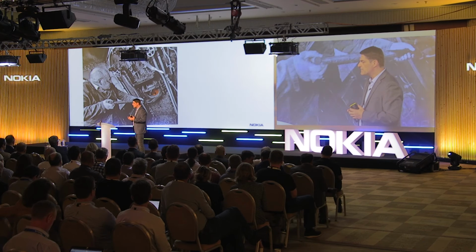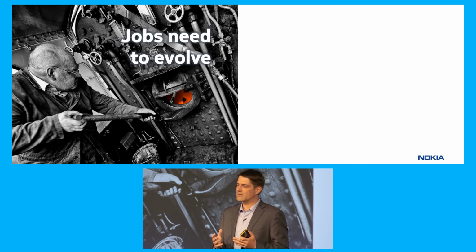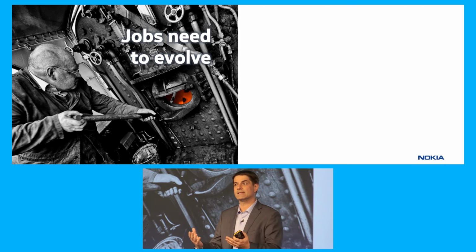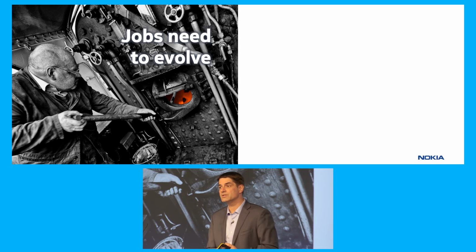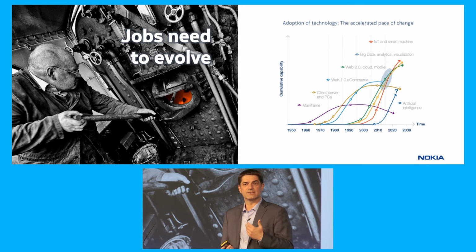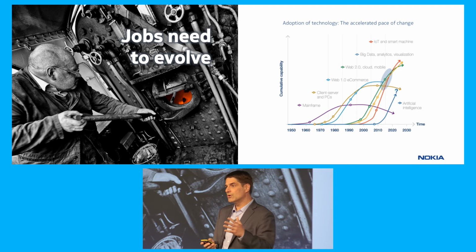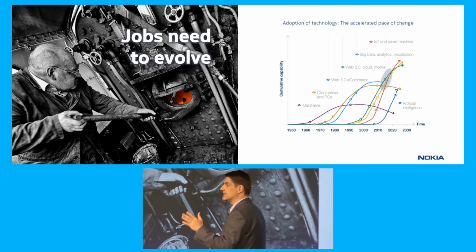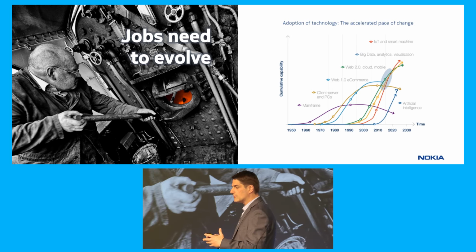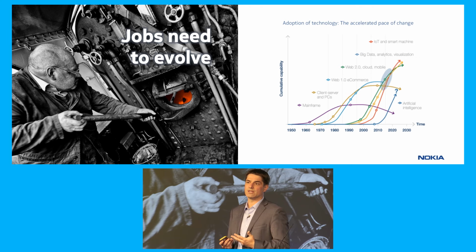One is looking at the jobs, how jobs are changing and how skills are changing. We talk about technology, but we also need to recognize that as we introduce technologies rapidly into our organizations, both as vendors in our R&D organizations and as operators in your engineering teams, in your operations teams, we are asking engineers to learn new skills pretty much every single day now, right? It used to take decades, now it takes 6 months. When you look at technology adoption curves, they are rapidly accelerating. And with that, we need to create environments in which people can absorb all of that and apply it in their daily jobs, which is not easy.